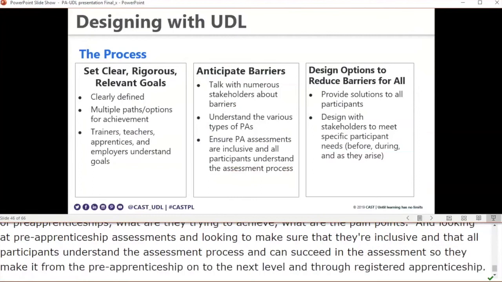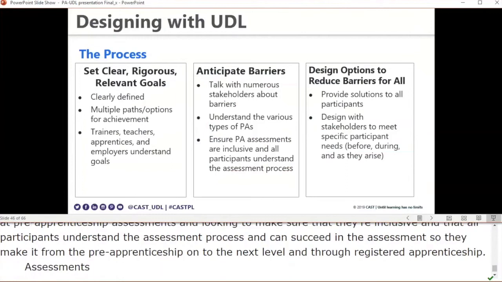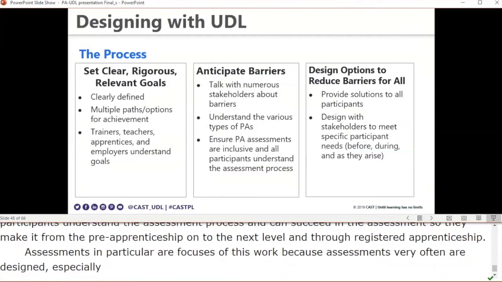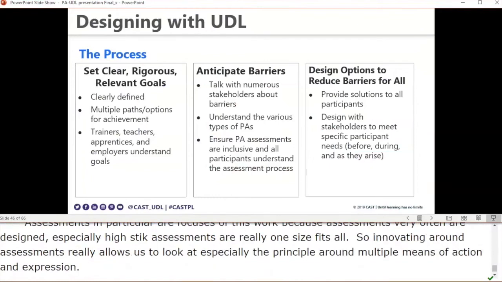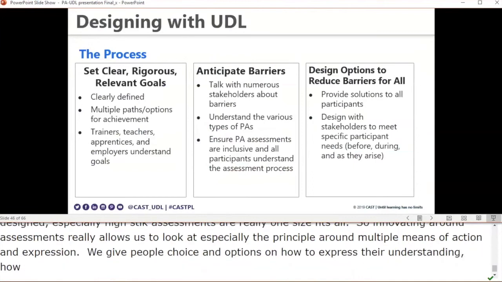And assessments in particular are a focus of this work because assessments very often are designed, especially high stakes assessments, really with one size fits all. And so innovating around assessment allows us to look at especially the principle around multiple means of action and expression. We give people choice and options in how to express their understanding, how to build and demonstrate skills so that